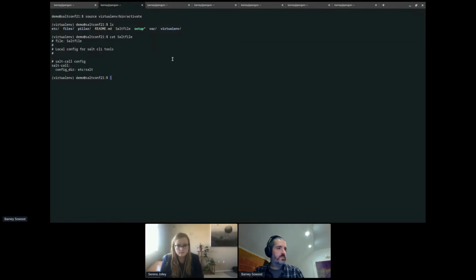So just to briefly talk through that, if you've not used salt file before, essentially any of the salt CLI tools, when you run them, will look in the current directory, and if there is a file called salt file and there is a config entry for the particular CLI tool, so in this case salt call, it will then read the config for that tool from the salt file.